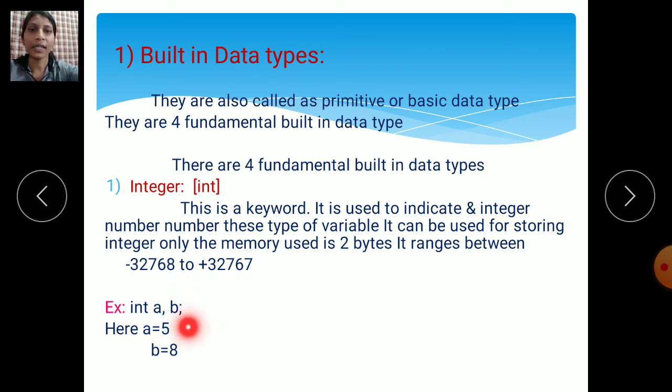So int a, b, semicolon. Here a value is 5 and b is 8. Whatever values you use here should be integer values. Don't use fraction values, because we have written the int data type. Int data type means integer values. This is an example of the integer data type.